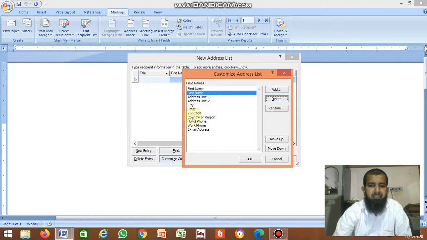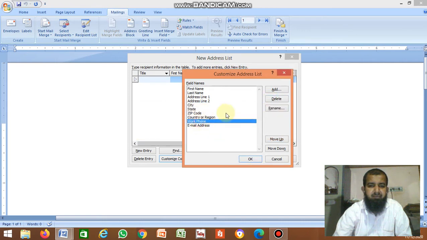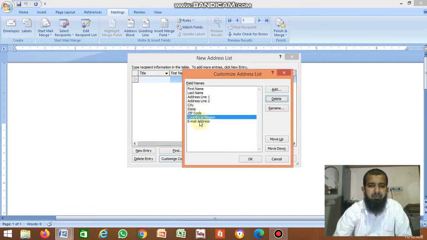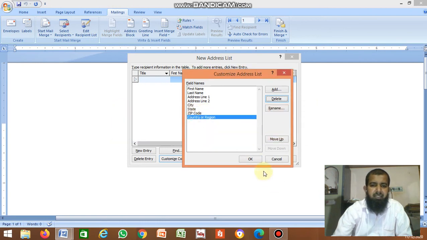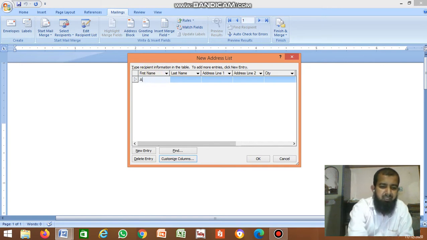Then last, click OK. Then only whichever fields you selected are displayed.